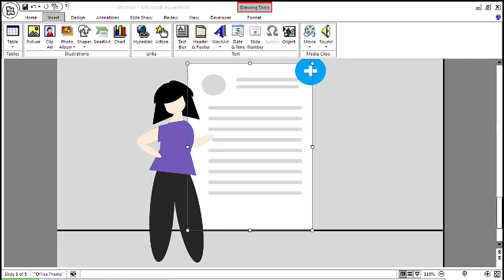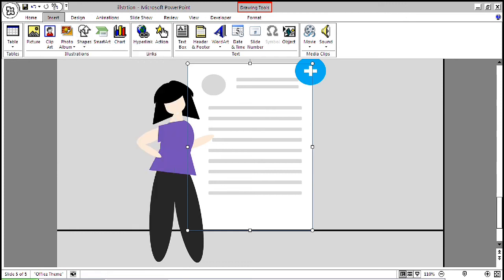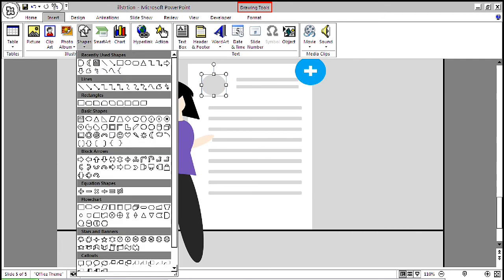Now for the presentation, as you can see, a white board is given in the background, so I have taken a rectangle and an oval shape.